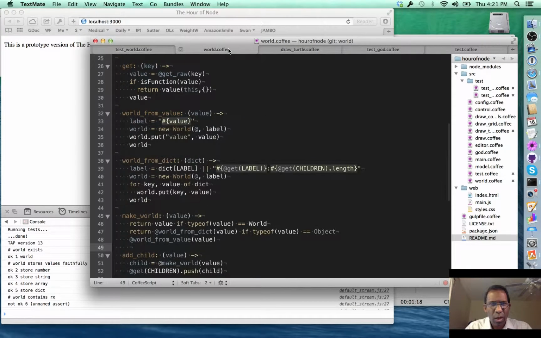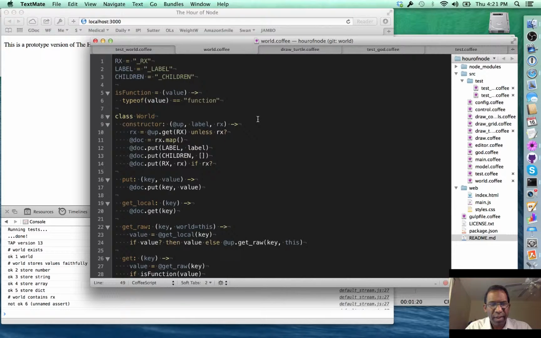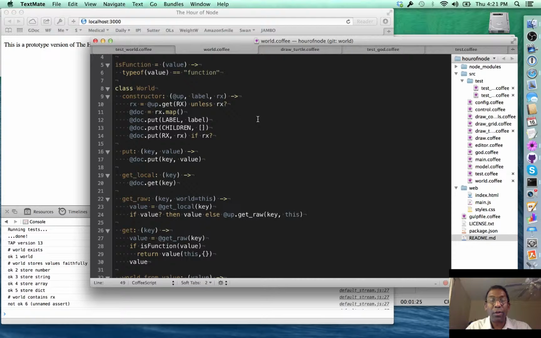Because we have a need for using a templating engine, Reactive coffee is what we're using, and everything is based around that. In fact, we do a lot of behaviors where we bind to different values. So rather than having to pass around a separate object, it seems to make sense, I think to me at least, to just include that escape hatch or that output portal as part of our world. And rather than having it as another value,